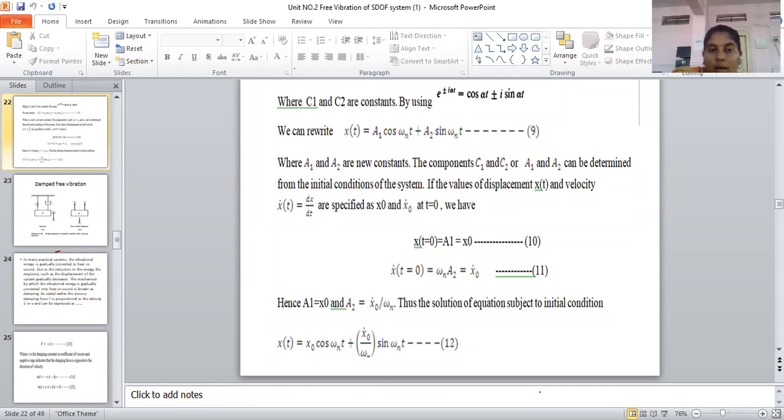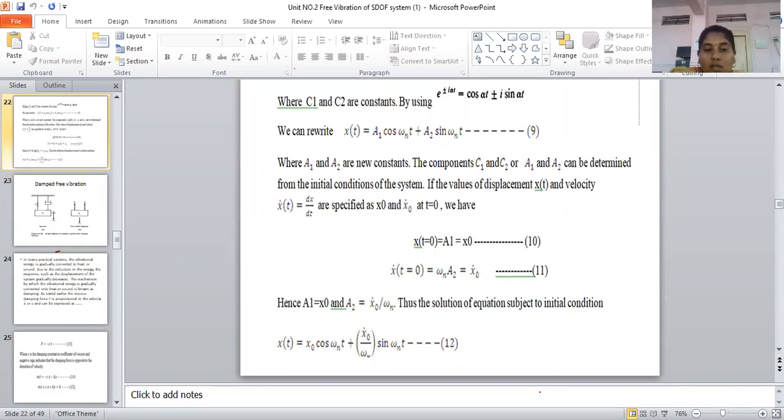Below this write down critical damping constant and the damping ratio. So we will understand here what is the critical damping constant, and what is the critical damping, and we'll see what is the damping ratio. Those two parameters we'll see here. So write down below this: critical damping constant and damping ratio.